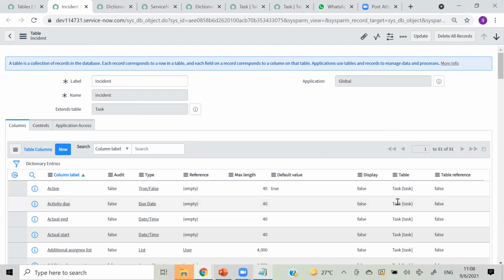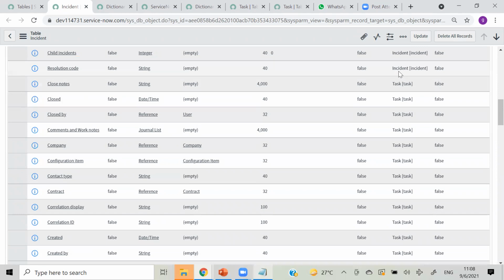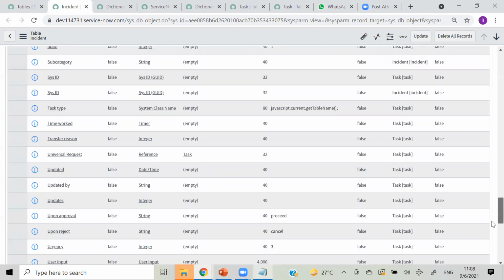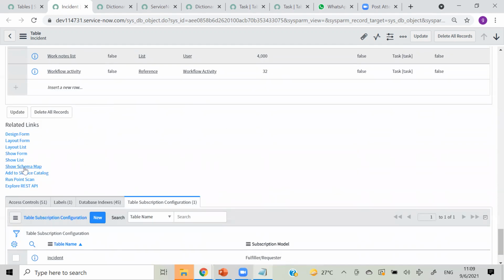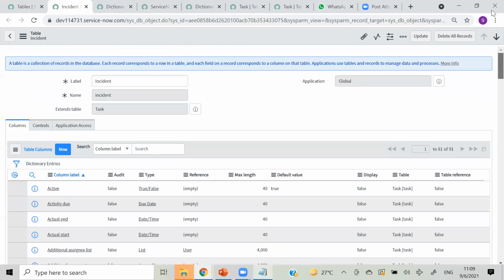We have seen what the tables and fields are that come from our extended table, that is the task table, and what the fields are that are particularly of incident. Then we have seen this related list, access control, label, database indexes, and this last option. So we have covered all the things which we have on our table.